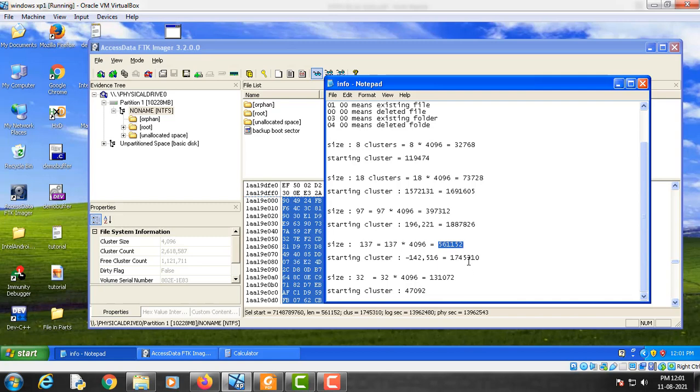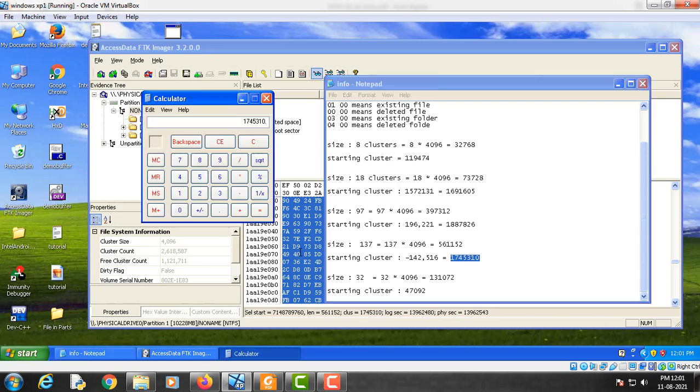So in order to get the static cluster of this fifth portion, we will add this value to this value. So let's again use the calculator. So 174,5310 plus this value, which is 47092, and enter.